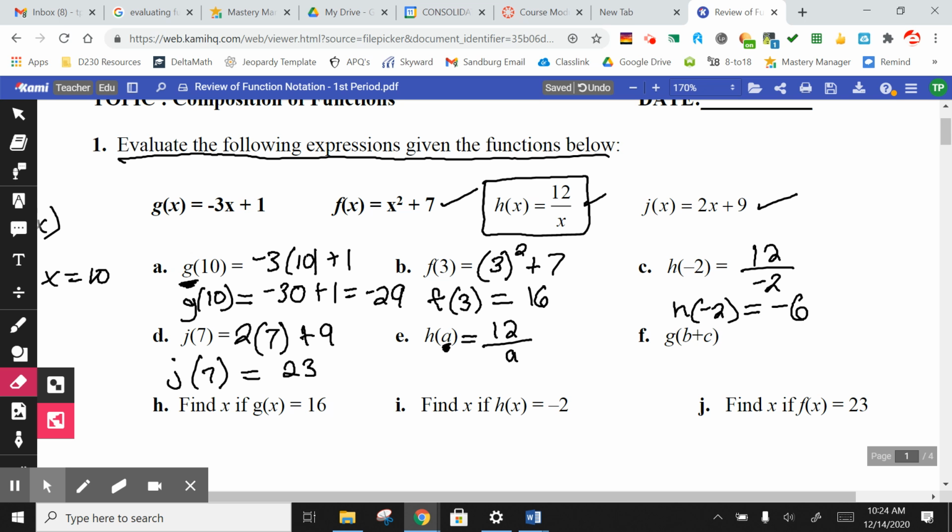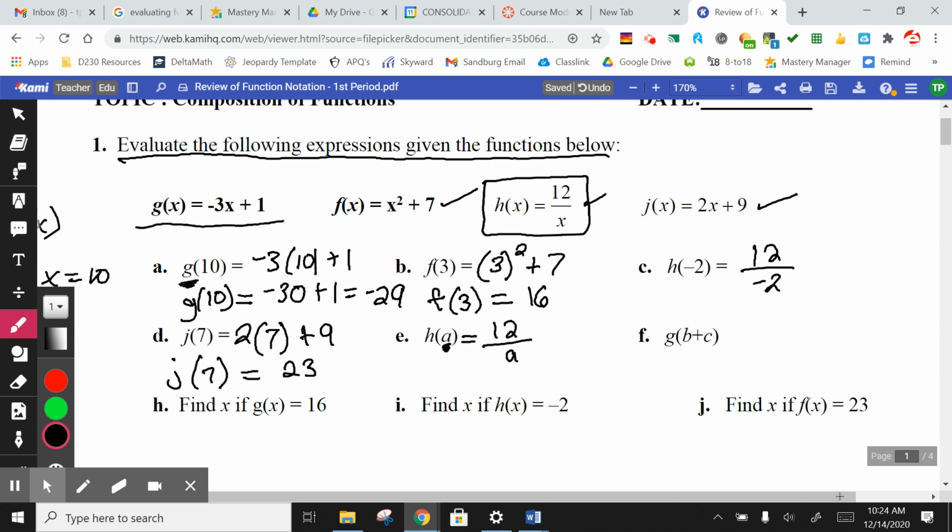All right, this looks weird. All right, if you go to f, same idea. Go to the function g. So we look at our 4 up here. Here's g. G is normally a -3 times x and then plus a 1. But instead of x, you're plugging in, well, a composite is what that's called. Whatever our composite is, that's what we're plugging in. So we are now going to replace this x, where I have my empty parentheses, with just a b plus